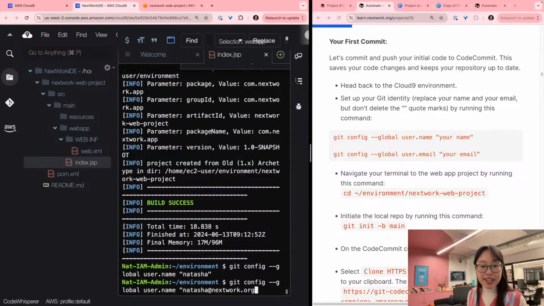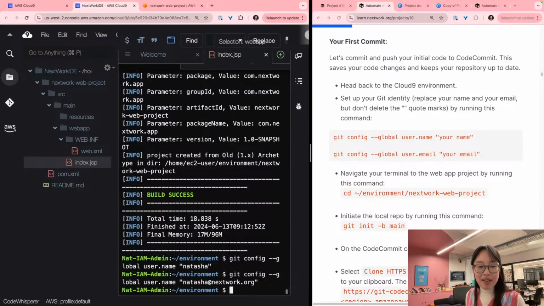So whenever I make any changes, assign those changes to my identity. And my identity is made up of my email and my name. So I have just kind of registered my identity to Git. And now let us navigate in our terminal to the web app project by using that command that starts with